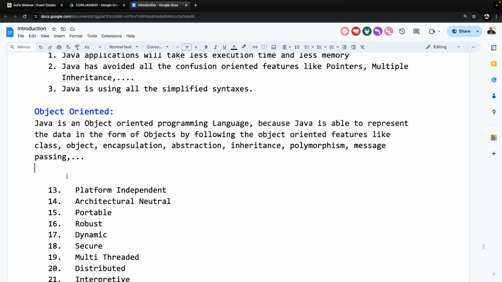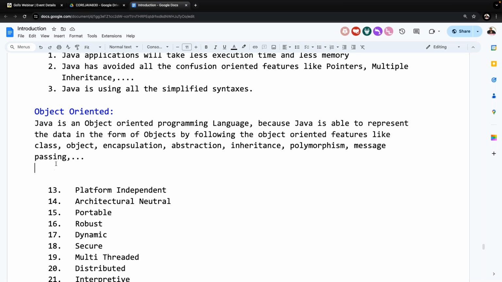Coming to Java, it represents 100%, or at max 99%, of the object orientation implemented inside the Java programming language. This is the conclusion. So the final conclusion is: C is not object oriented, C++ is partially object oriented, Java is purely object oriented. Now the question is, sir, what is the meaning of representing object orientation in a programming language?